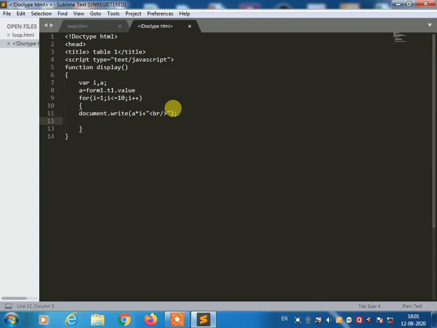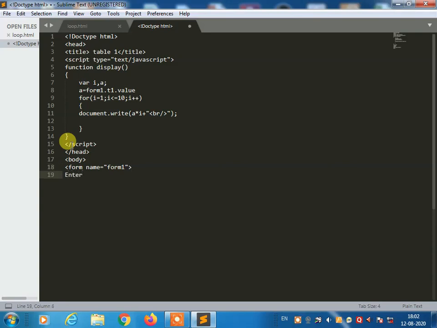Once you have completed the semicolon, you are going to close the script tag. Script, then complete the head tag, because we have written this program in the head section. You are going to start with the body tag, body, and then you are going to create a form, name equal to double quotes form1, and complete the angular bracket.